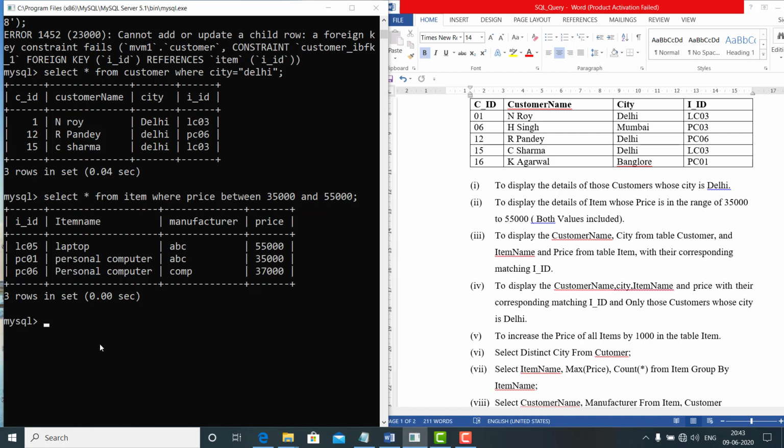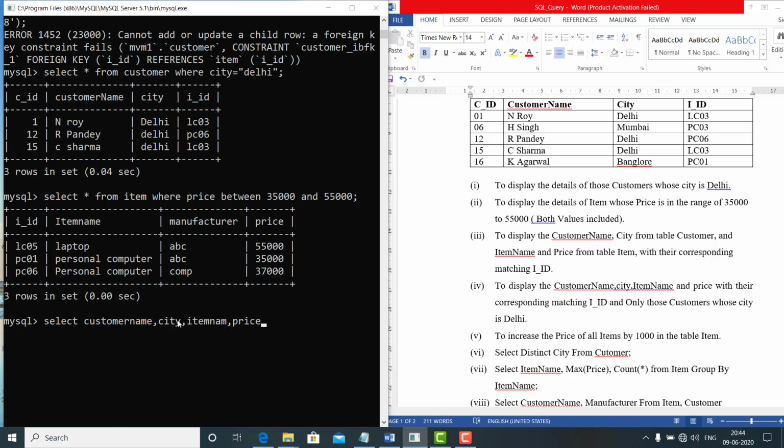So how can we access the records? We use SELECT, and then which columns we want: customer name, and city. Next columns, item name, and price.